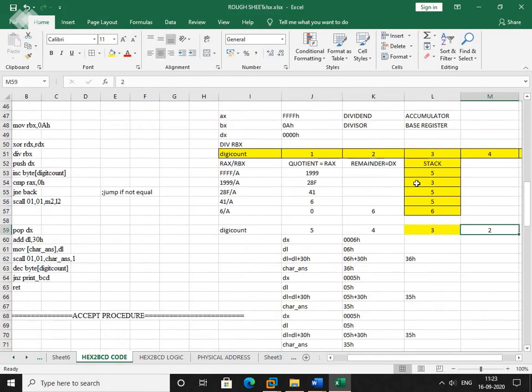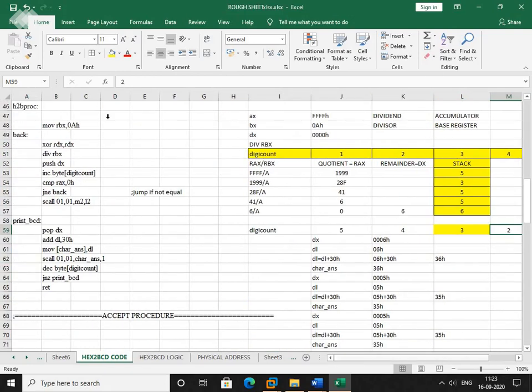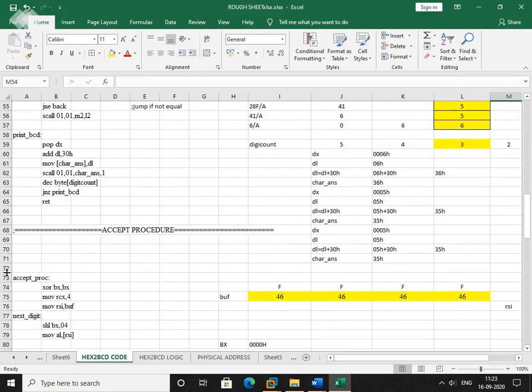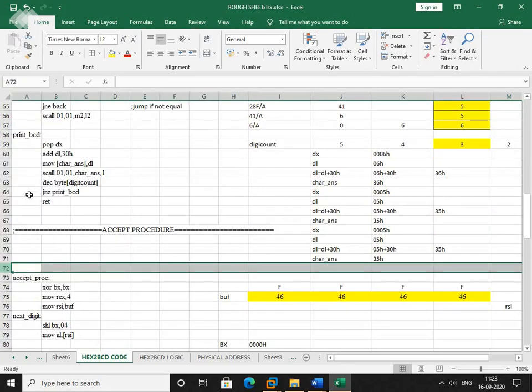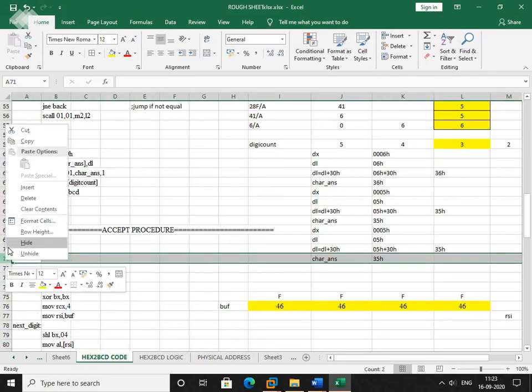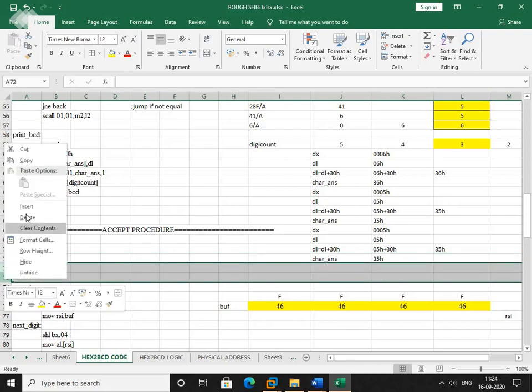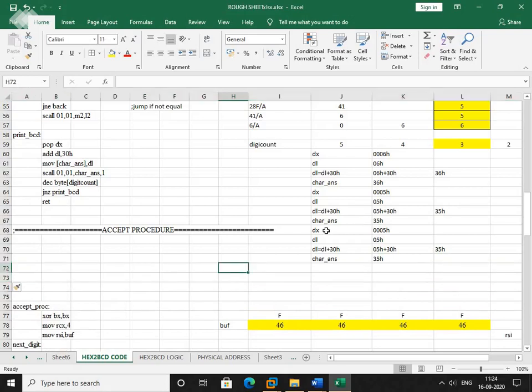After that, is it equal to 0? No. So jump to label print BCD. Pop dx. What is the next element? It is 3. Next, what is the next value of dx?